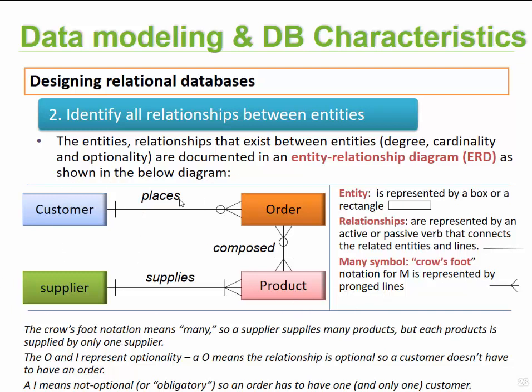So if I ask you, what do we see? It's important that you start to look at the way in which the information is represented. Whenever something is represented in a box or a rectangle, it is an entity. And we know an entity is an object, a person or a place that we want to record information for. A relationship is indicated by a line. So entities might have a relationship to other entities. And then you would see that sometimes you get this weird symbol here, which is also known as the crow's